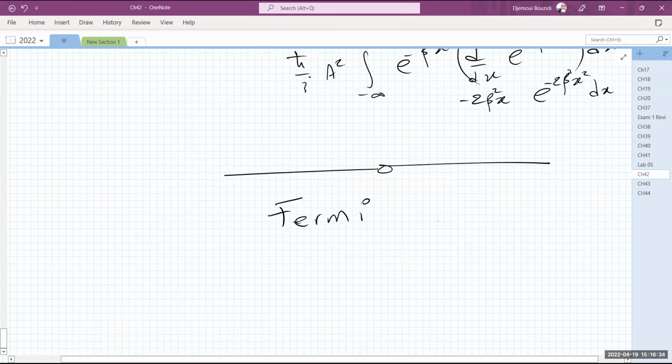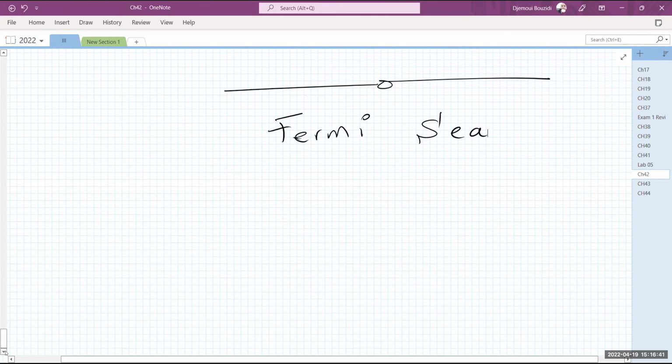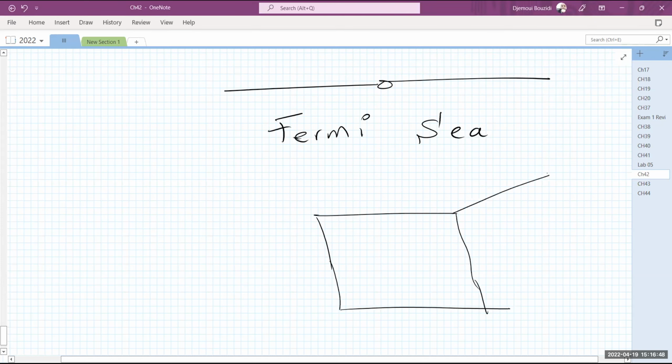So this is the idea. Imagine that I have a bunch of electrons floating in a material, in a solid, and I need to find their density and describe their properties. So the solid has physical size L and L and L, okay? Before I delve into this picture, let me talk a little bit about the crystalline structure because it's